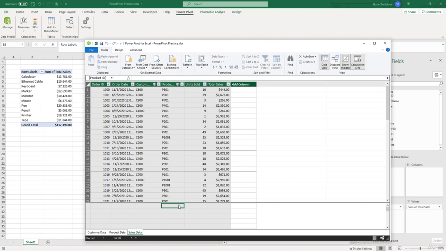We can do that by coming up to the calculations group, and if we click this drop down next to AutoSum, we can insert the calculation that we want to perform. In this case, we want to count how many unique product IDs are within this column. So what we need to do is select Distinct Count,